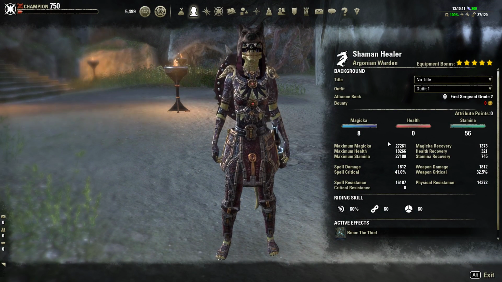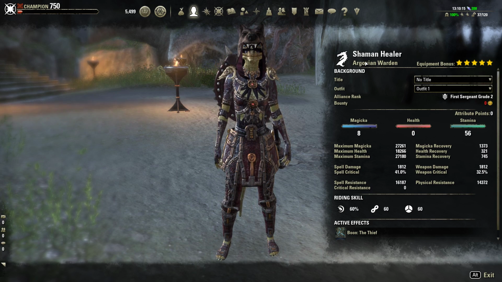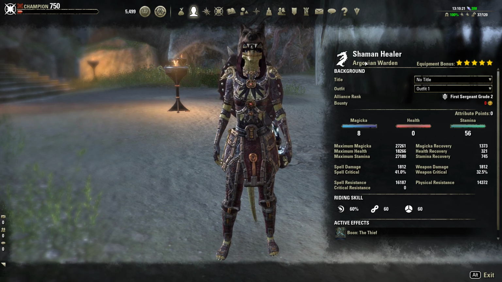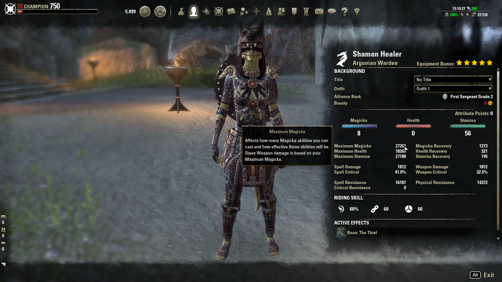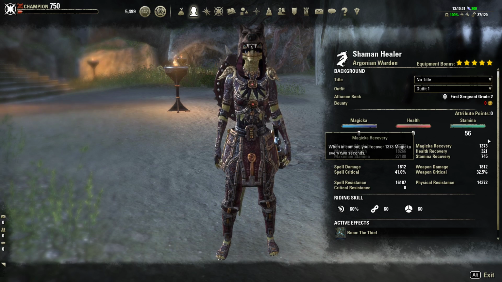As you can see, we have a 27k Magicka. We are an Argonian for this. You can be any race for this particular build. The reason I chose the Argonian is because the Argonian just has a really good versatile healing capability, and this build is a healer. So we do have a 27k Magicka, like I said, with an 18k health, 27k stamina,